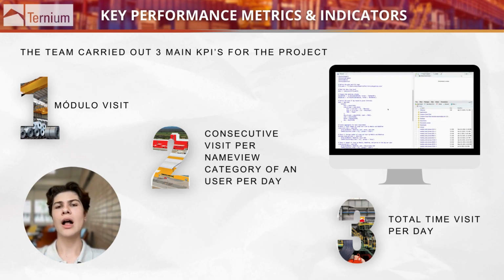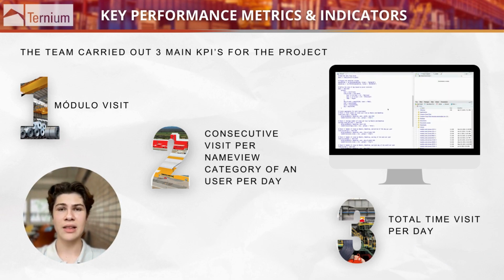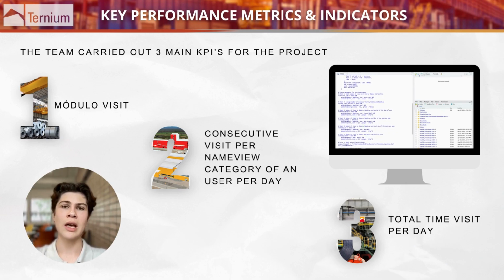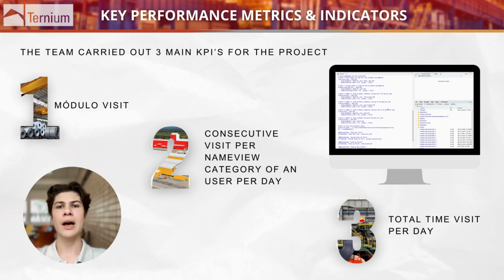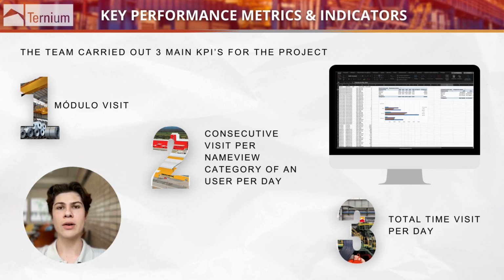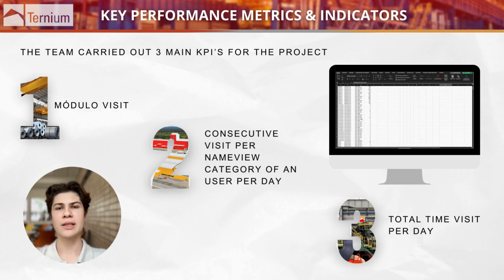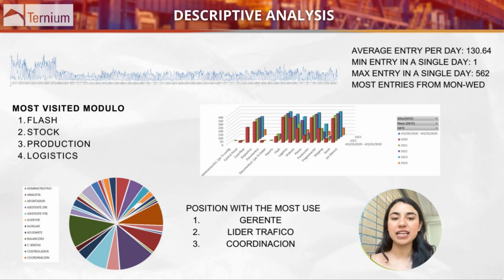the interface. All of these KPIs were derived from a comprehensive analysis that we did on our initial database, with the help of our studio software, with which we cleansed the data and arranged a better organization of the database in order to perform the analysis. We wanted to identify the indicators that had the most important impact on the three areas of supply, commercial, and industrial. We conducted a statistical analysis and we discovered that the most visited modules were Flash, stock, production, and logistics,